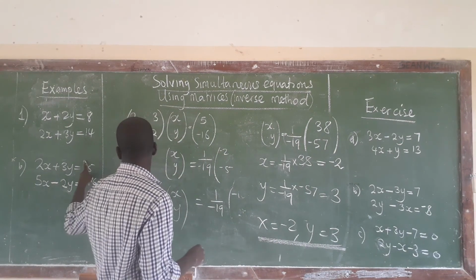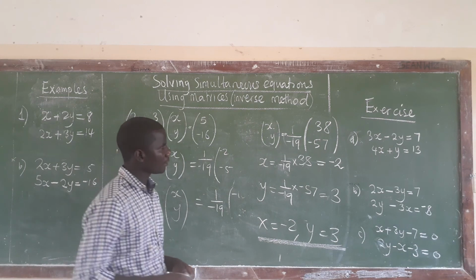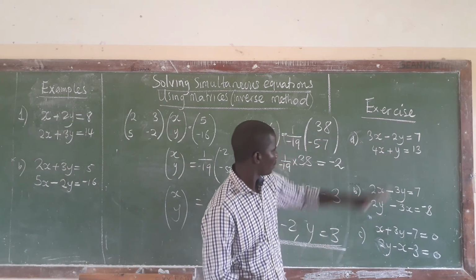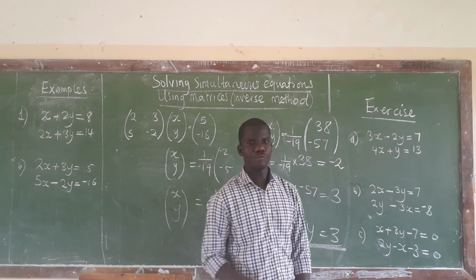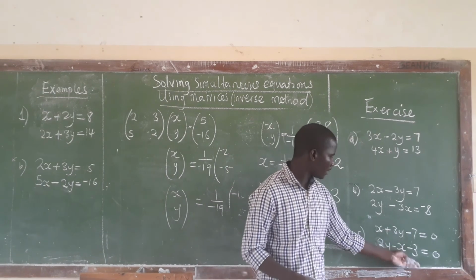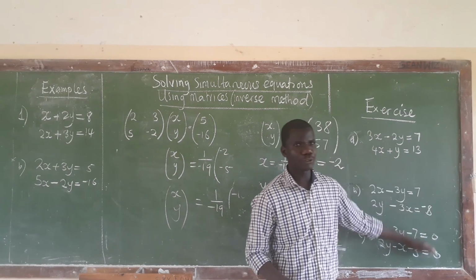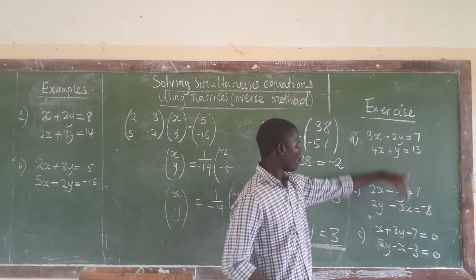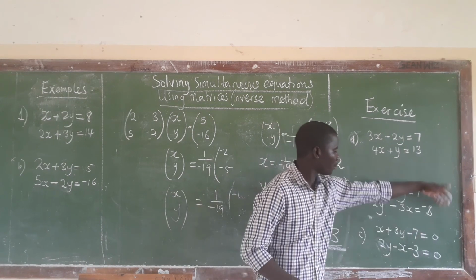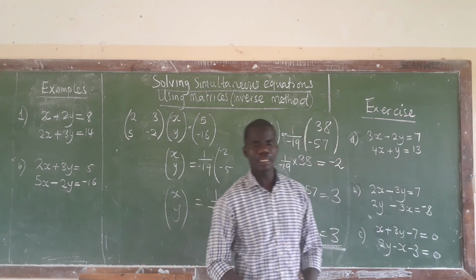So, these are the 2 questions that we did as examples. Then I have also given you 3 for your practice. And if you look at this one, maybe I should mention to you that what you need to do is, these 2 you take them to the other side and you know what is supposed to happen. Then they will become simultaneous equations because these will change their signs.